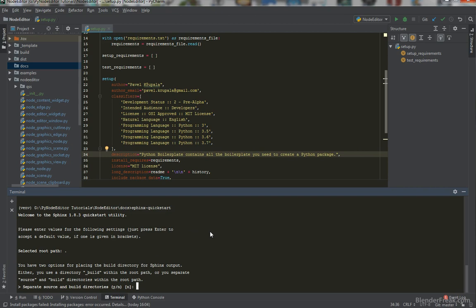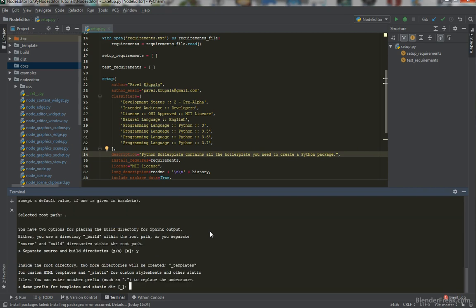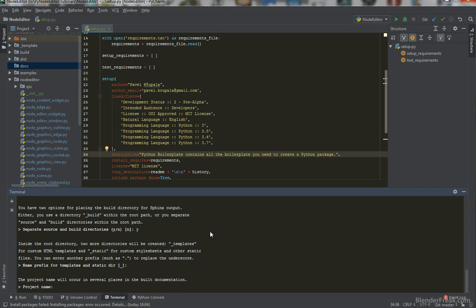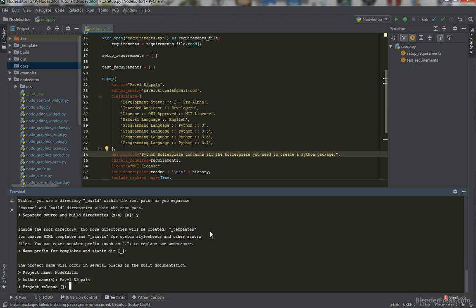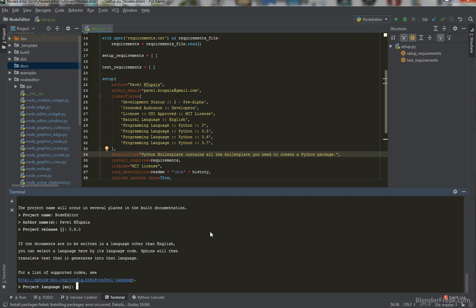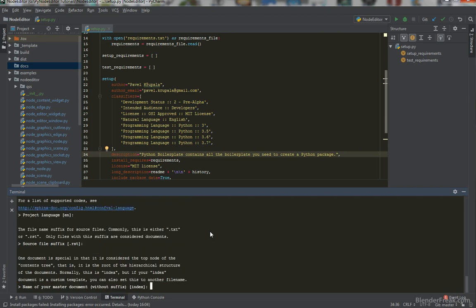So do you want to separate sources? Yes, I do want that, and project name is going to be node editor. Author name, here we go. Project release is 0.9.0, language English, RST,